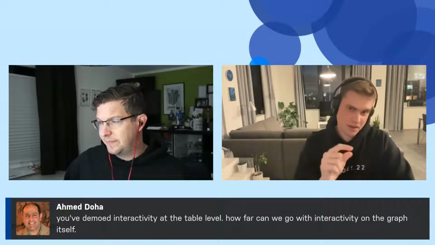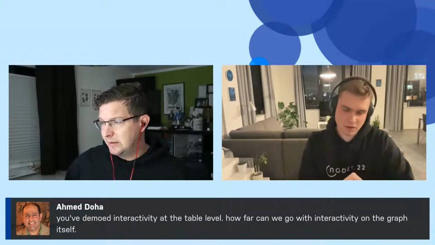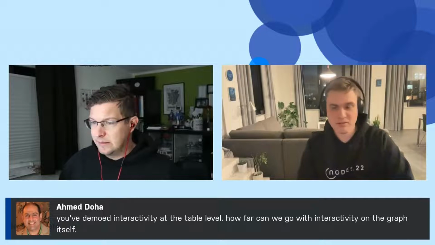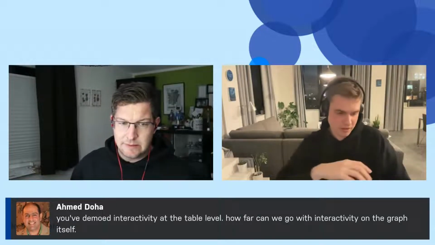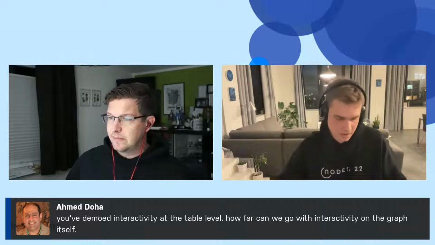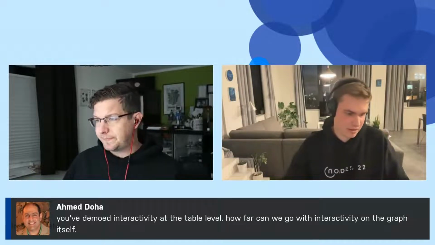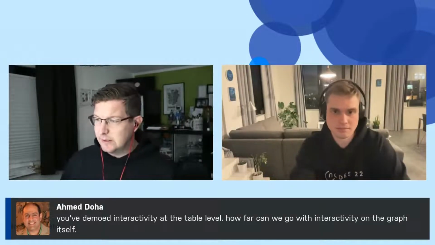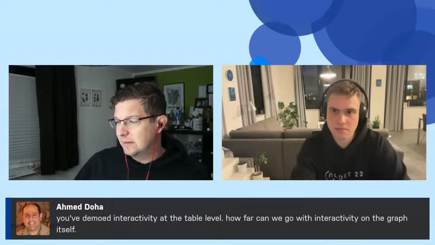So in theory, you can set up a click event in one graph to set a parameter, which then updates another graph, and you can create a chain of graphs that are all interactively related with each other. So you can get creative and make a really nice journey here in NeoDash.